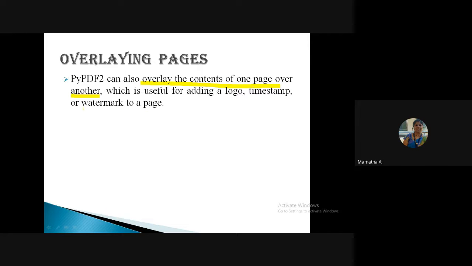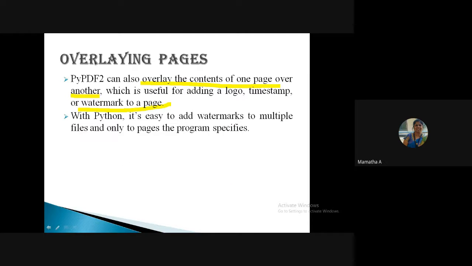So I think most of you do this kind of stuff, adding a watermark to a page, right? Most of us go for online PDF tools. But now you can have your own Python program which does this, isn't it? With Python and the concepts which are available, I can easily add watermarks to multiple files. Any file I can add, or only to the pages whatever I want. I can add only to the first page, or to the last page, or only to selective pages, whatever I want. Okay, so let us see how